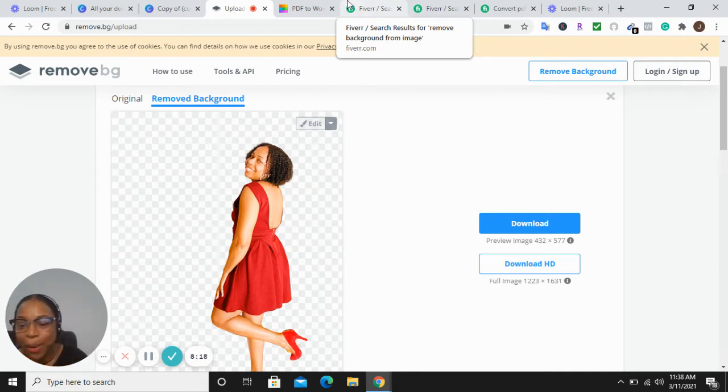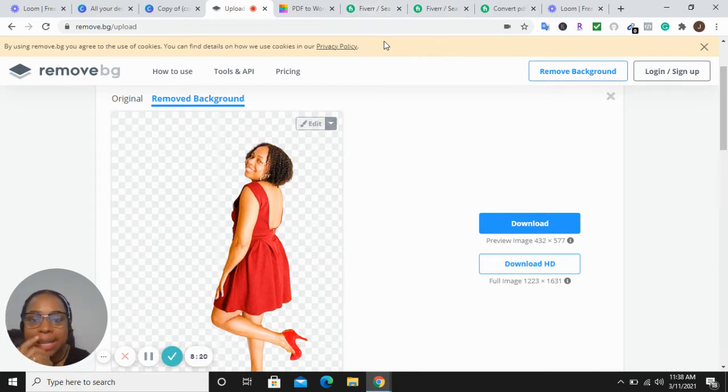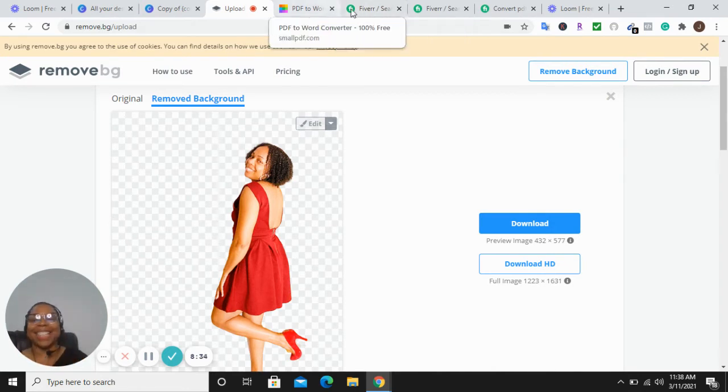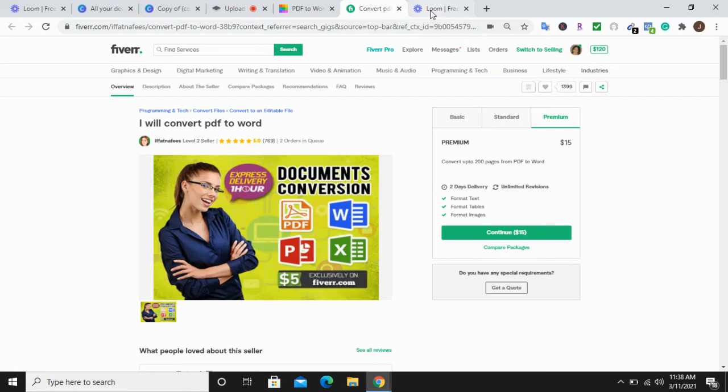See how quick that was? Very quick and easy and requires no special skill, right? Once you're able to follow some very simple steps, you're able to do this with the click of your keypad. All right, let's go now. The next one I want to show you is how to convert. Let me just close this because the computer often gets slow. All right, the next one that I want to show you is how to convert